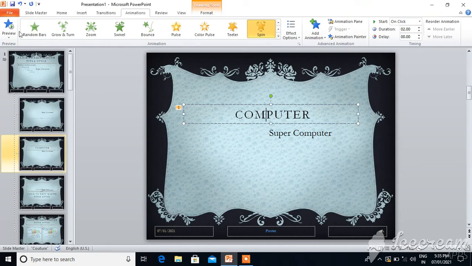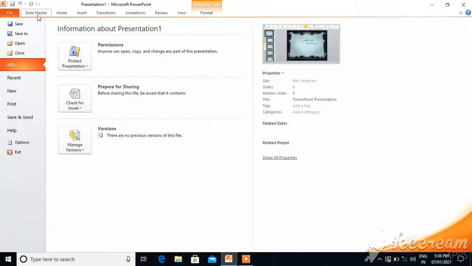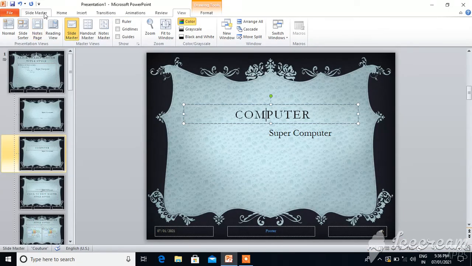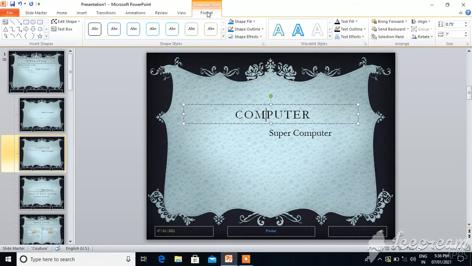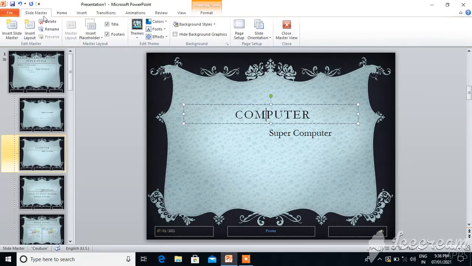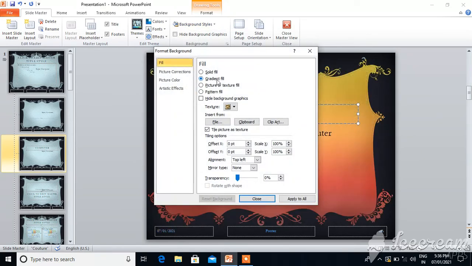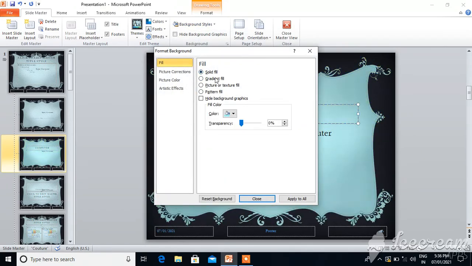Again I will repeat these things. First of all we click on View. Here we took the slide master. Okay, slide master is a master slide which contains information about the remaining slides. Then we learned formatting. In the formatting we learned how to change the color, even how to change the background style. Okay, just click on Format Background and from here you can change the background style.